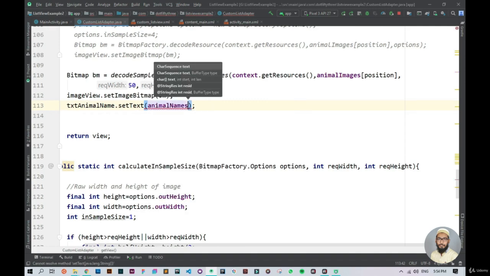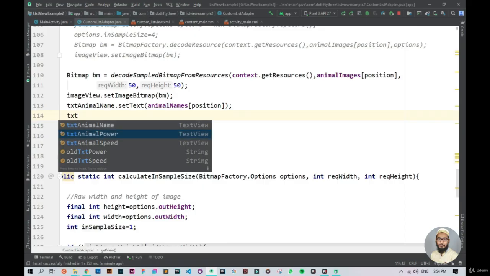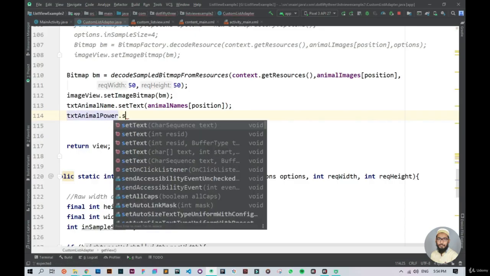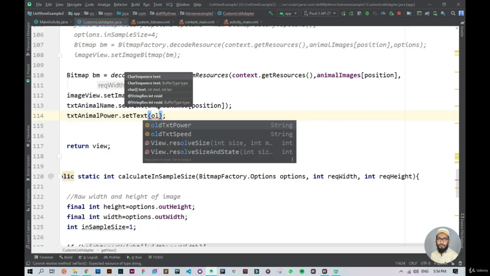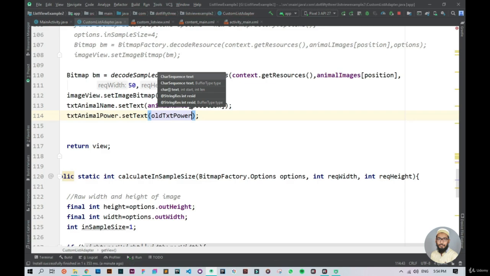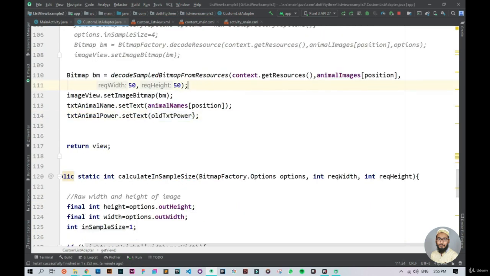So I can simply pass the position here. Okay, so I can do the same thing for the other two as well. So I'll say txt animal power dot set text, and it will now get from the all text power string variable that we have created here. Okay, so we will say all text power